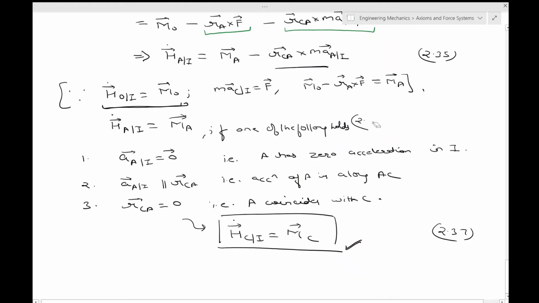Now if you look at 2.36, if M A is equal to 0 in equation 2.36, then